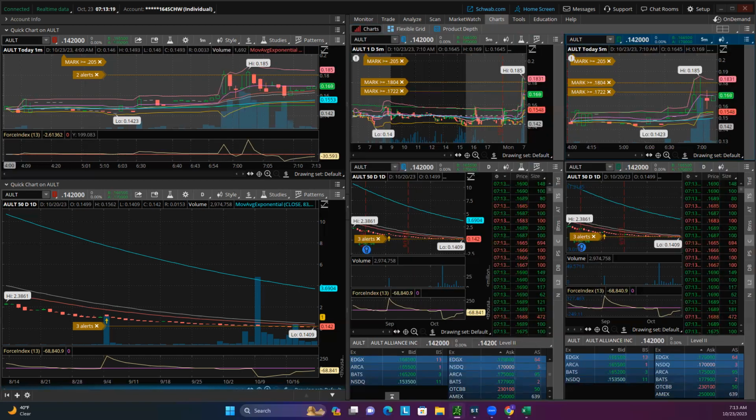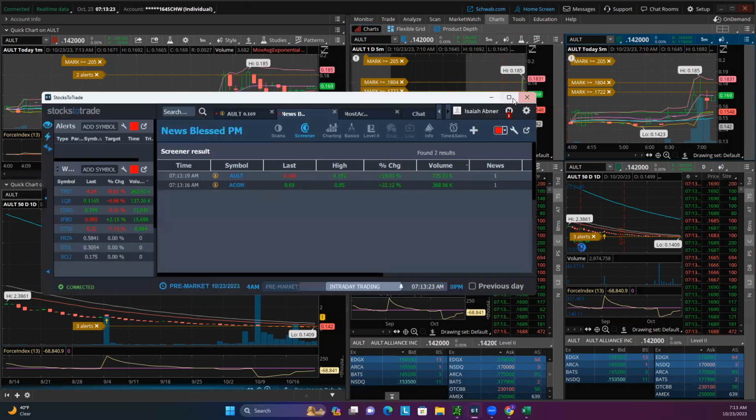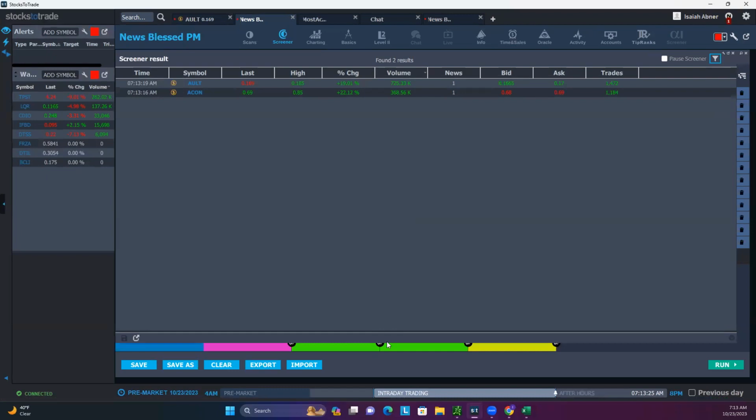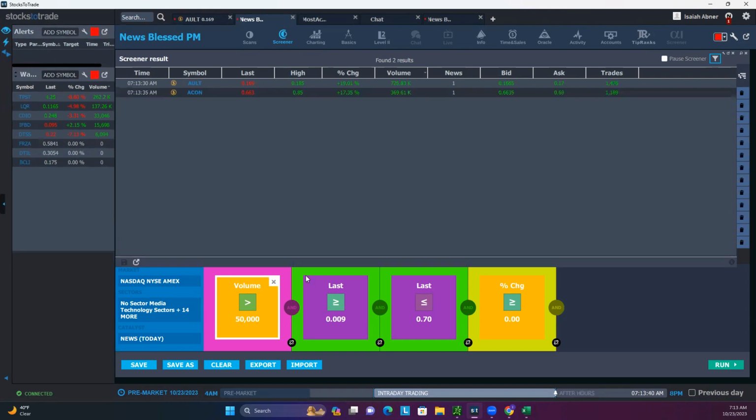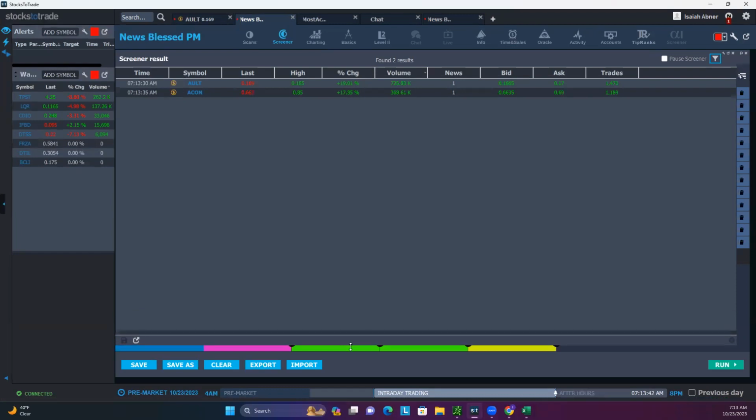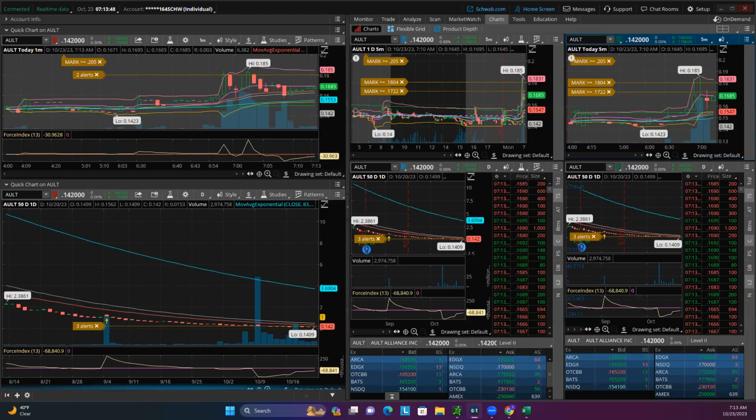And then on stocks to trade here, I'm just going to open this. This criteria right here is what the stock must fit, all of it, and then it will populate here. And yeah, it's automatic, so you don't have to do anything except for on